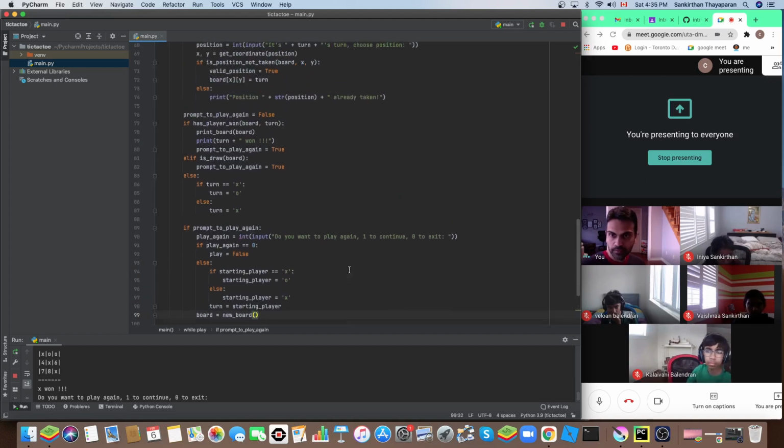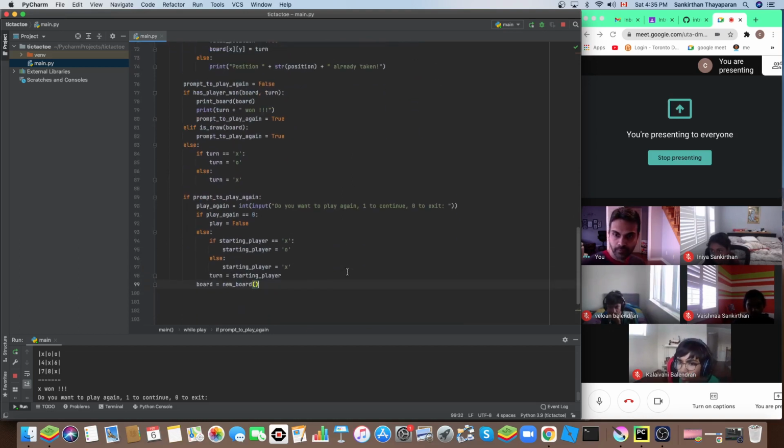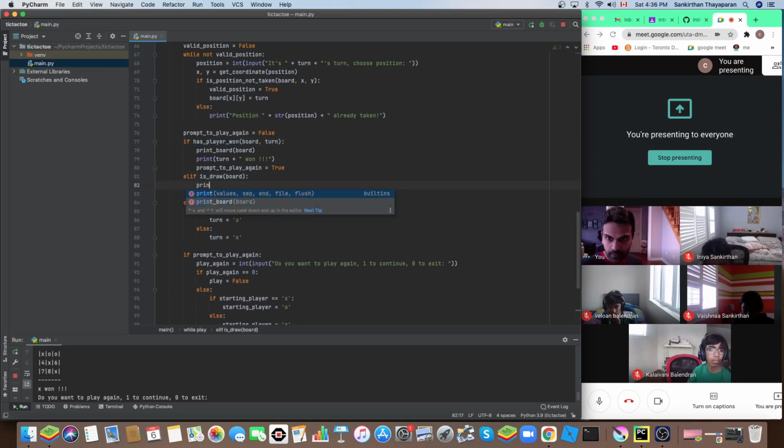Would this work? So what I've done is, if it's player 1, I just print the board and say player 1, right? If it's a draw, actually I need to print the board again, similar to that. So if nobody won and it's not a draw, I just change the turn